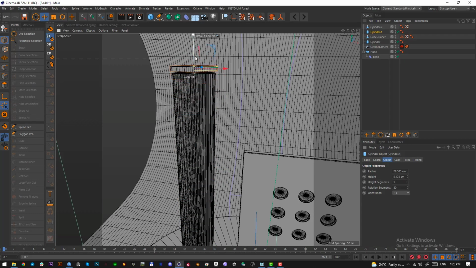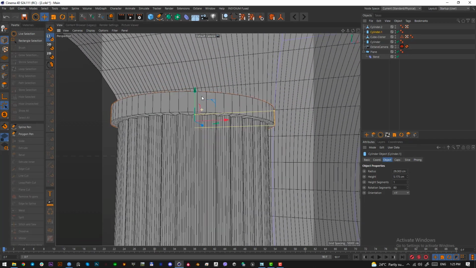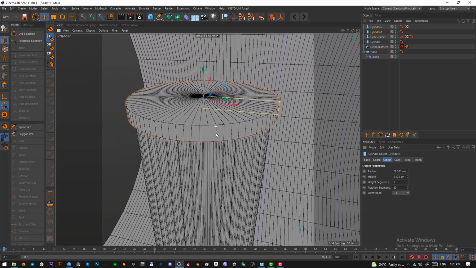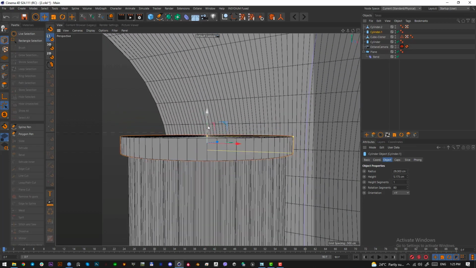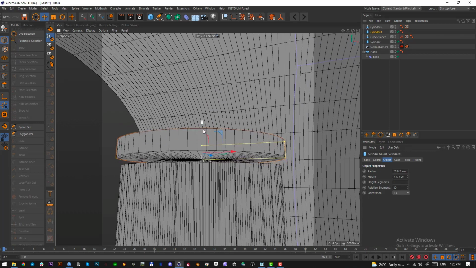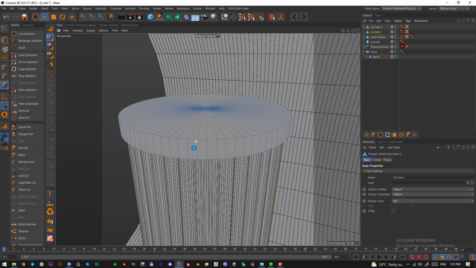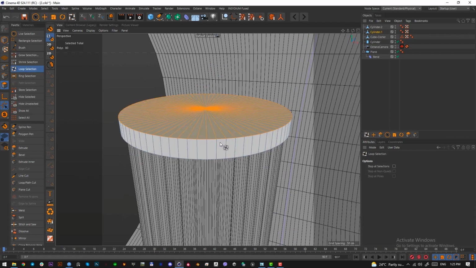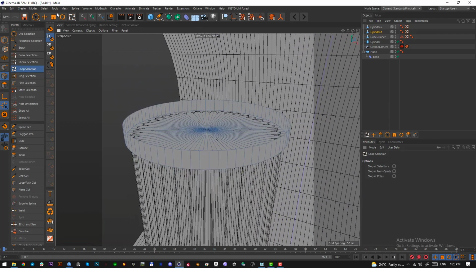And with our cylinder here, we want to make these edges here. So what we want to do with this cylinder now, scale it down so that it looks like this. It's slightly bigger in radius than the column below. So put it here. Press C to make it editable. Go into the polygon mode and loop selection to select everything here. Delete this. Now jump to the edge mode and select move tool, double click